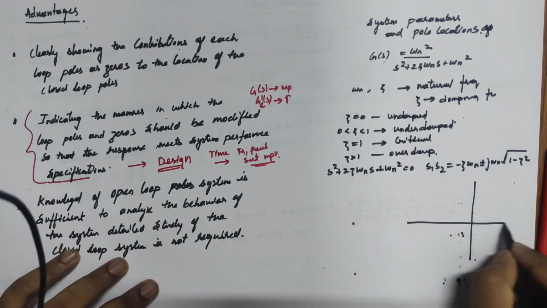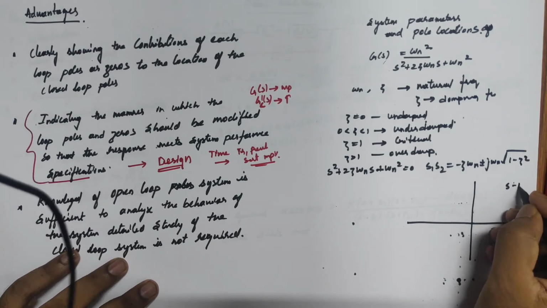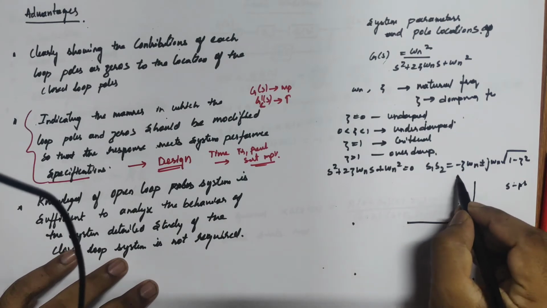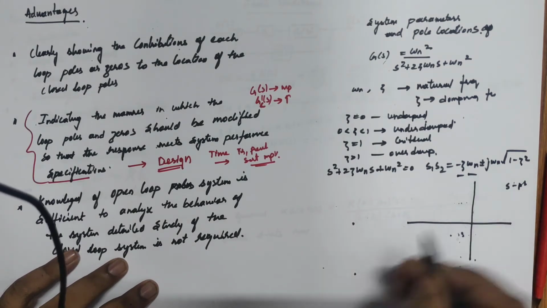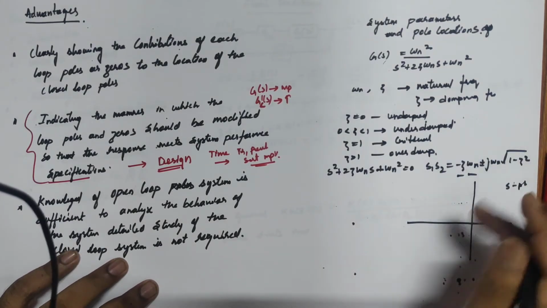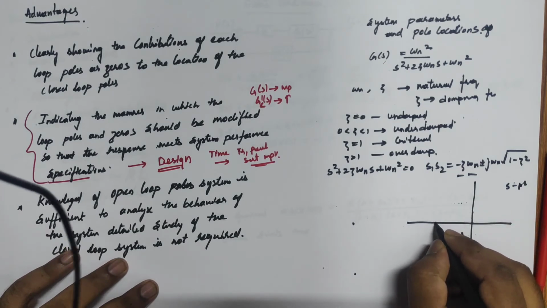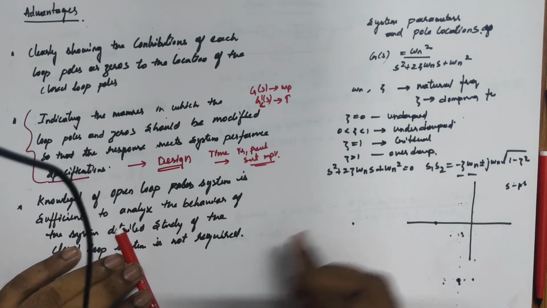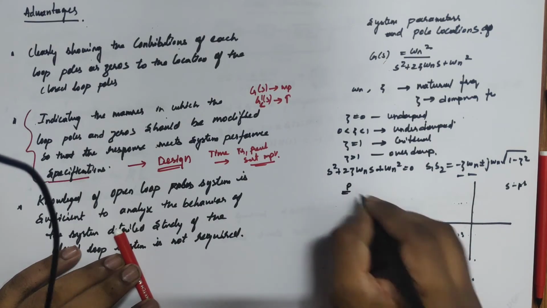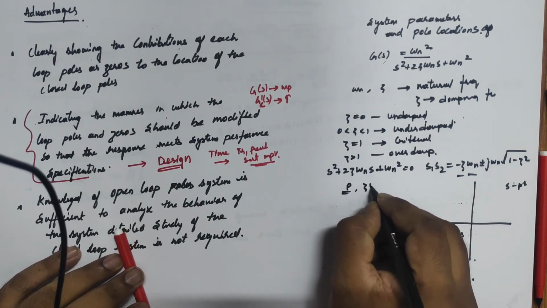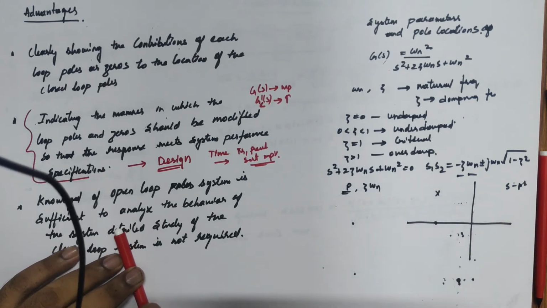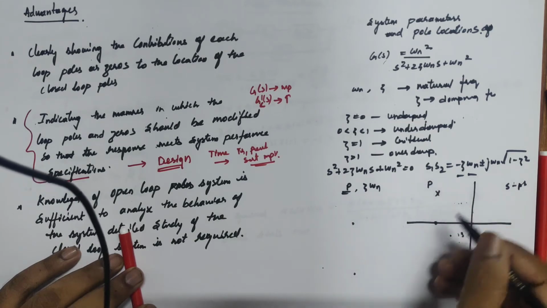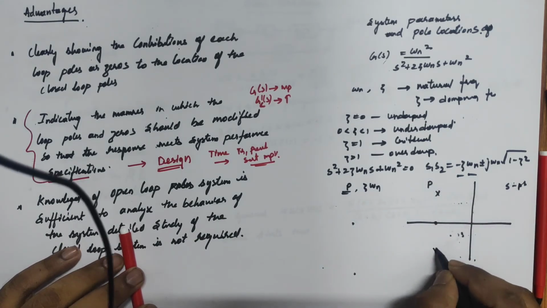So I simply take the S plane. This is my S plane. In this, for a particular zeta value and a particular omega n value, if I want to plot this, the real axis in general I keep like this. So on the real axis part, I have some poles, points with zeta and omega n, located in this plane. Okay, so I have two complex roots, S1 and S2, which are mirror images.